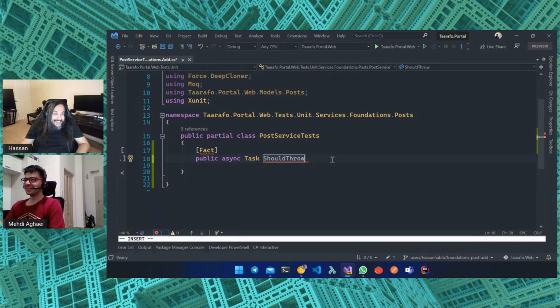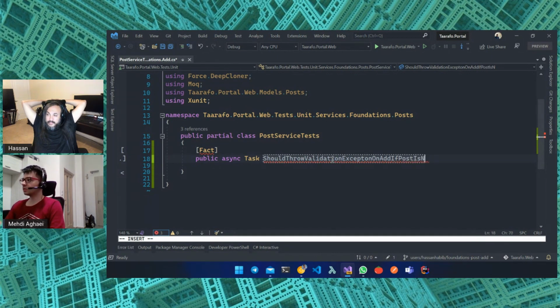Go ahead. Okay, good. Should throw validation exception on post, we call it here, on add, right? Because the function's called add. On add if post is null, and